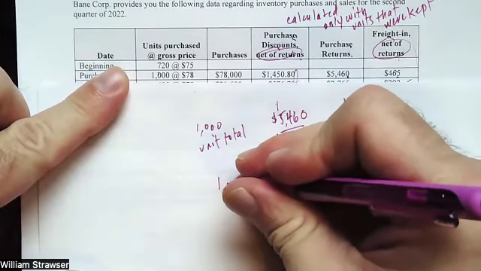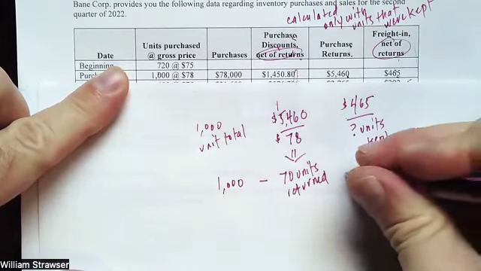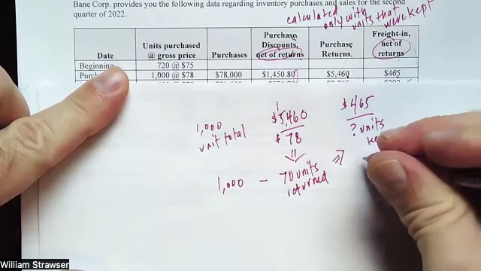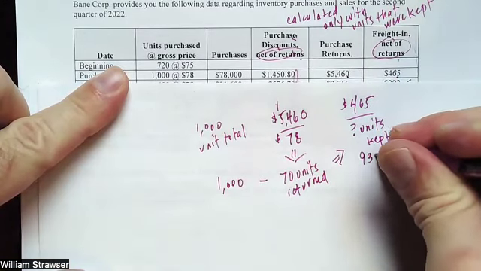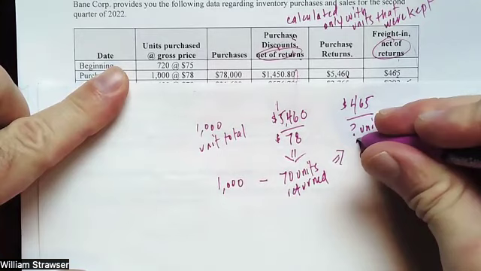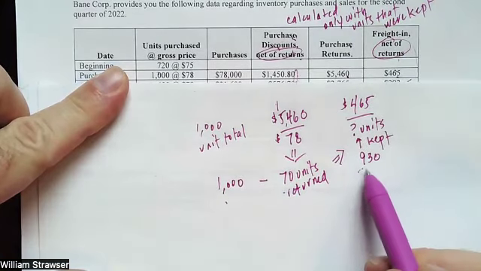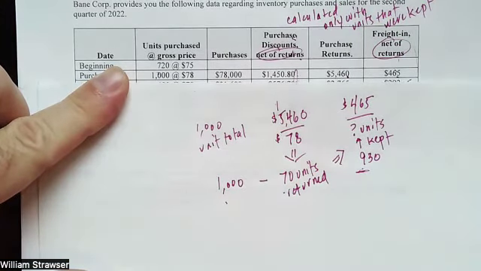So of the 1,000 total, that means that my units kept were 930,000 minus 70. And then if I divide 465 by that,